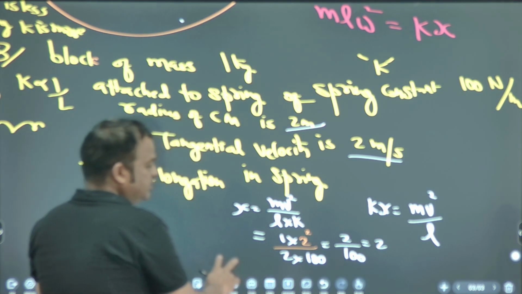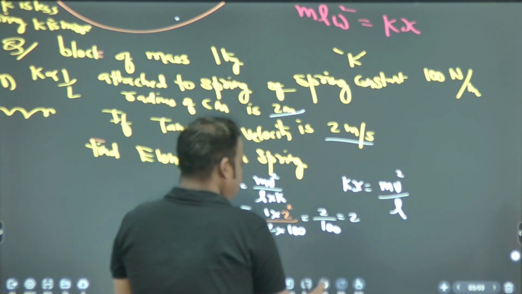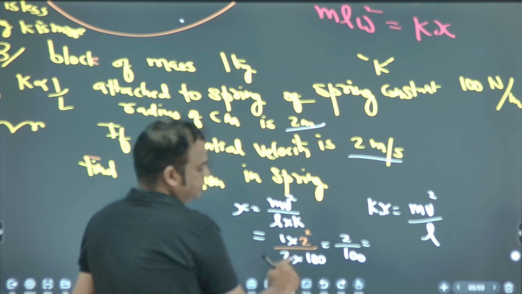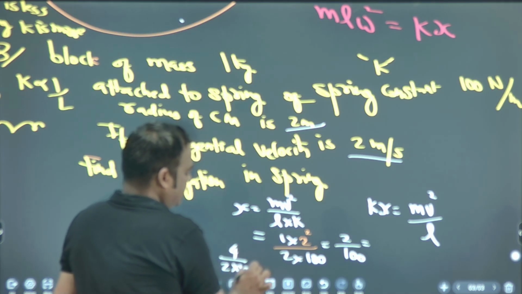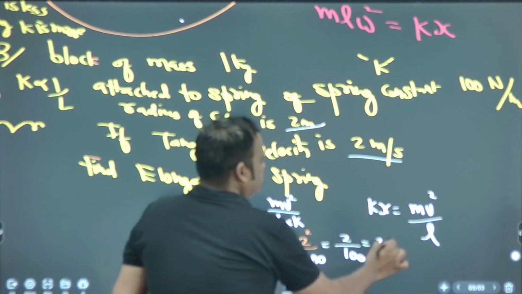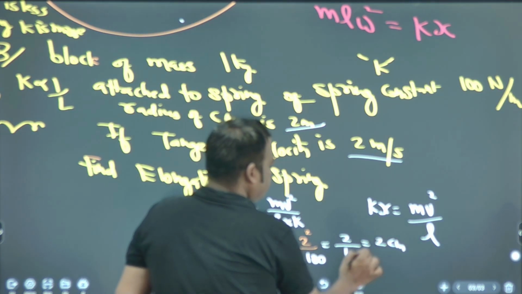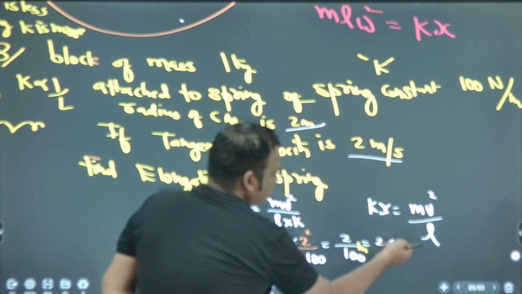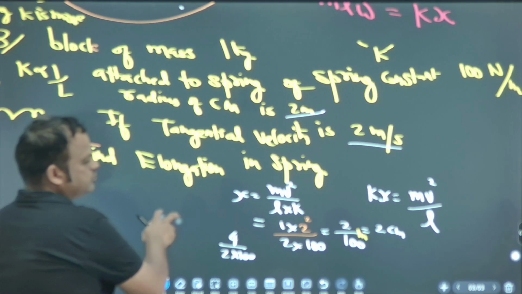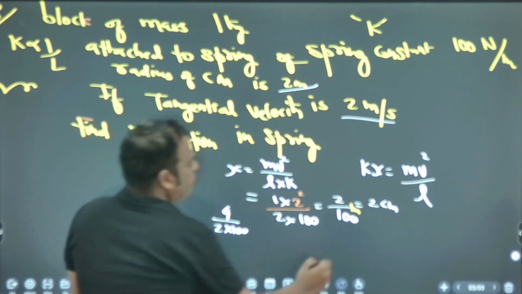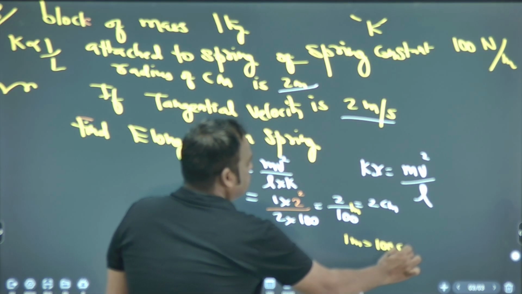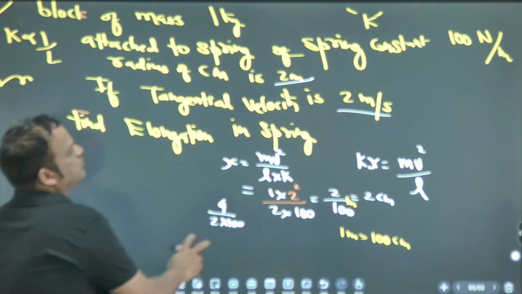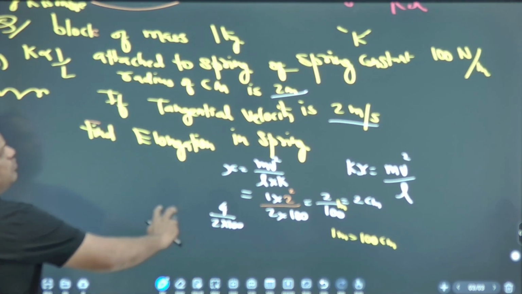That is 2 centimeter, correct? 4 by 2 into 100. So this is 2 by 100, which means 2 centimeter. 2 by 100 meter or 2 centimeter. Are you getting or not? Okay. 1 meter means 100 centimeter. 1 meter is 100 centimeter. Okay, done. So this is one string